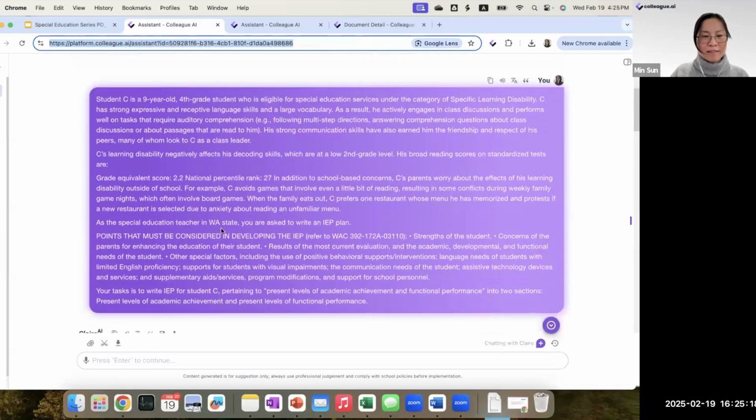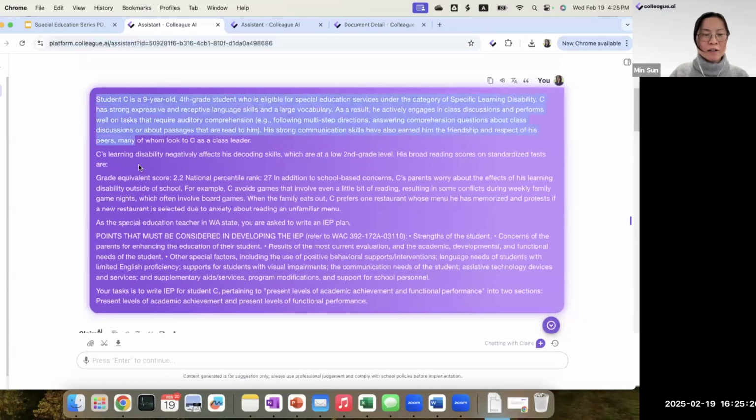So with that, as you can see, this is a little description of a student. This is actually grabbed from Vanderbilt University's website that illustrates how to write an IEP. And this is just a scenario of a student, C, and this is from that teacher's regular notes about this student. And the teacher just puts the note over here and then starts to prompt Claire,